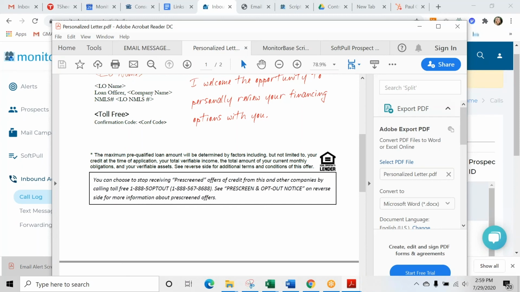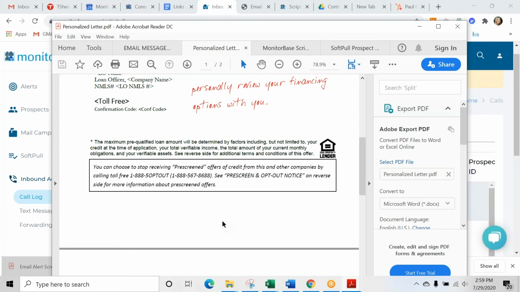Yeah, so they're not necessarily leads. The only information that Monitor Base has are loans that we've funded. Okay. So Pinnacle's stance is they're your clients and they should remain your clients. And we're also trying to avoid early payoffs. So twice a week, I upload all loans that have funded in your name.